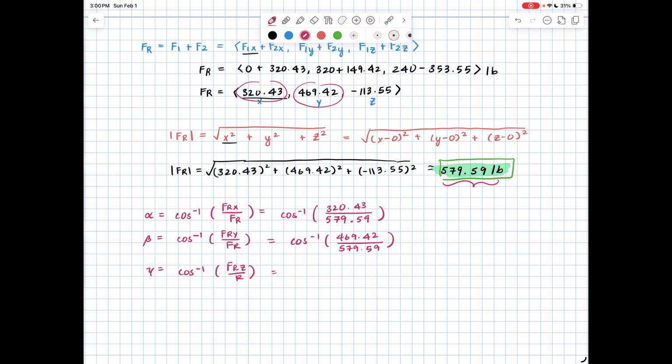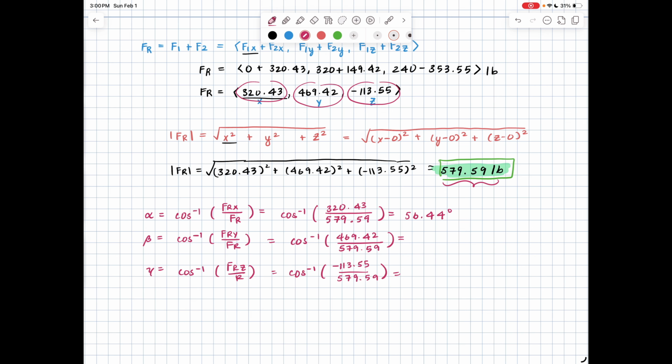And lastly, for gamma, we're going to have cosine inverse of the z component, which is negative 113.55 over 579.59. And when we calculate this, the cosine inverse of 320.43 over 579.59 gives us